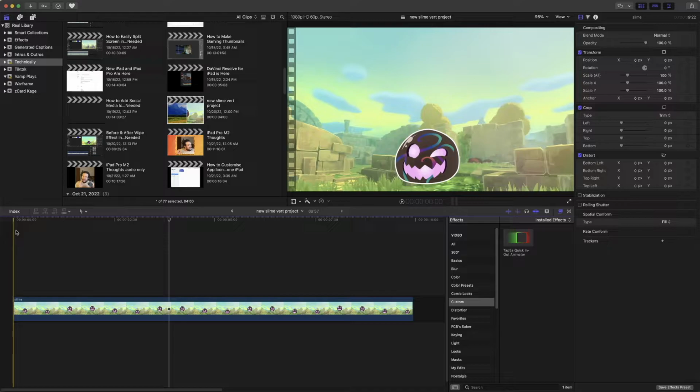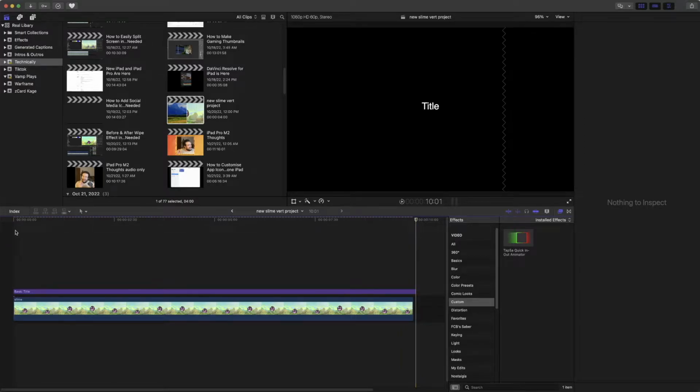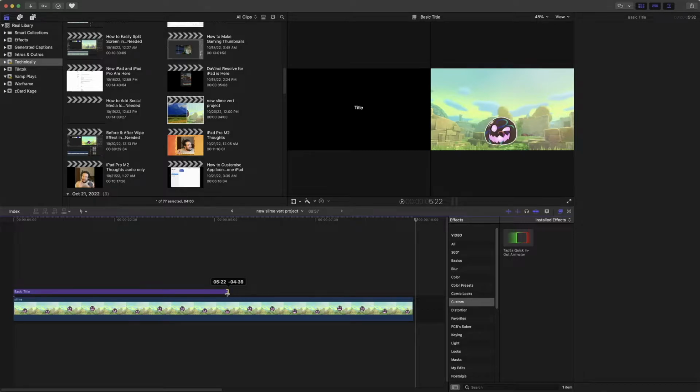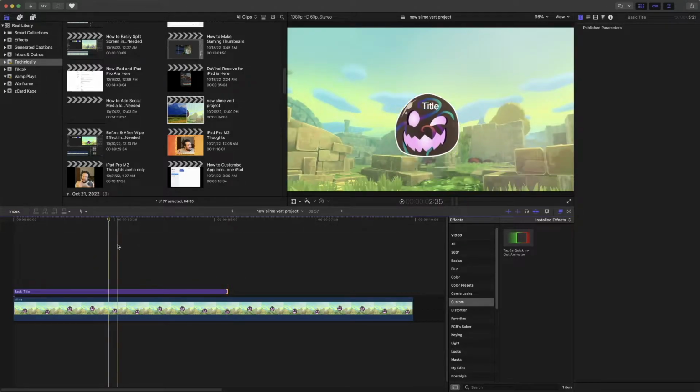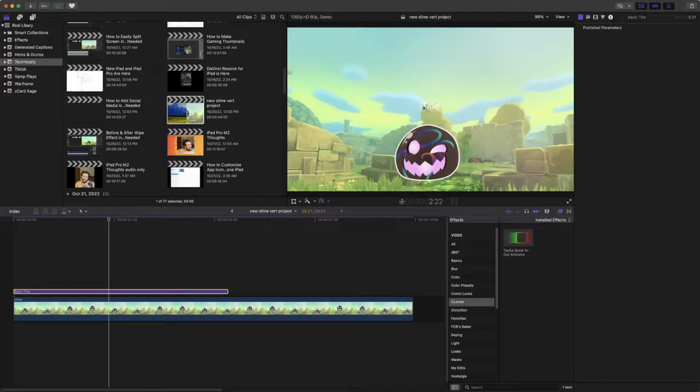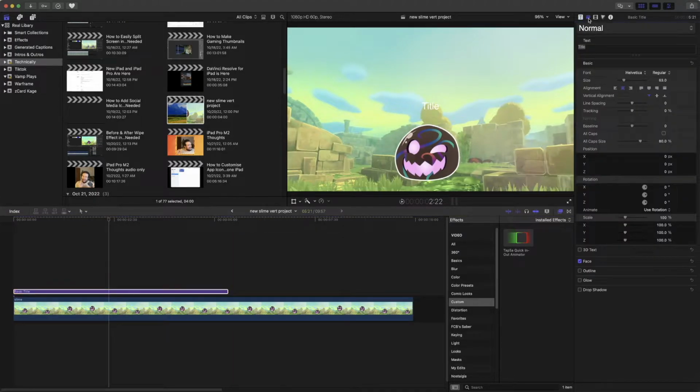We want to first create a text. It's easier to show off the plugin with a text. This can work with anything, but when I do text, I hit Control T to just get a basic text, okay? And we'll make it this long because reasons. Okay, and then for the text, we will simply just have it say